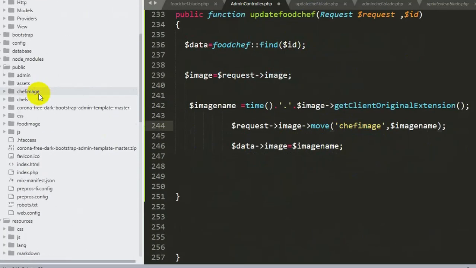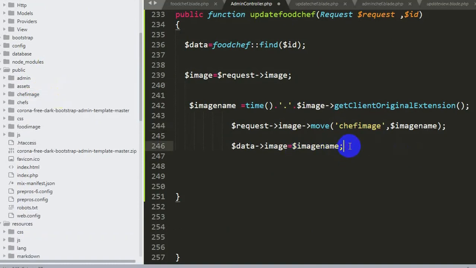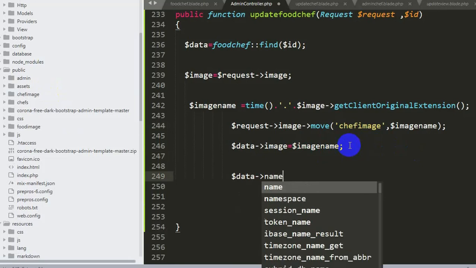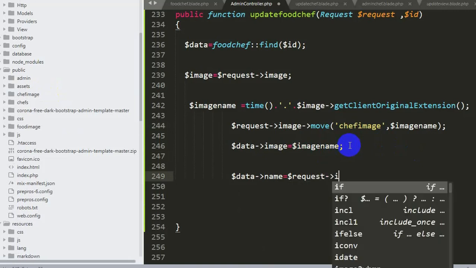Let me show you, which is this one, and then we will save the data in our database. So after the image we will save the chef name. So $data name is equal to $request name.